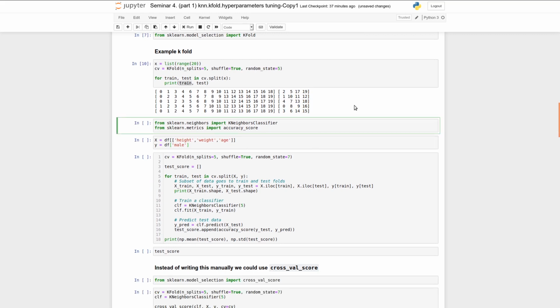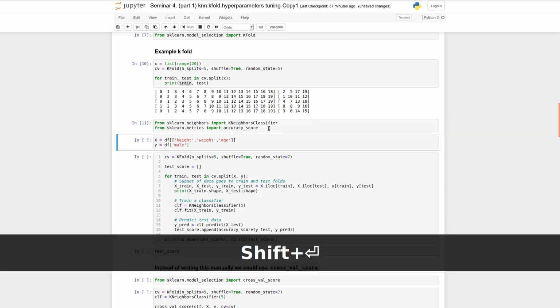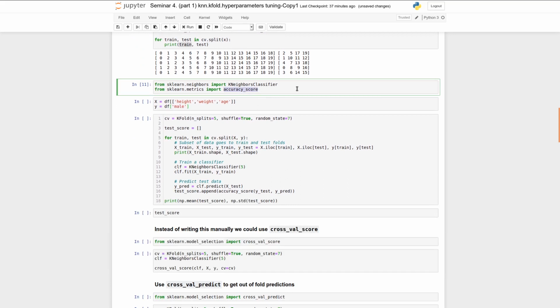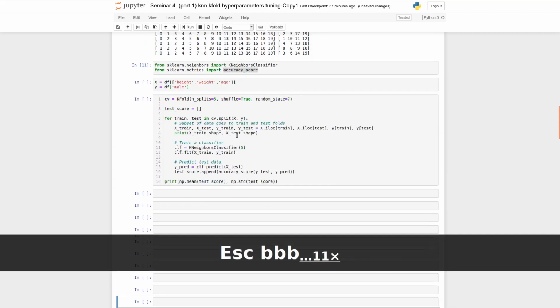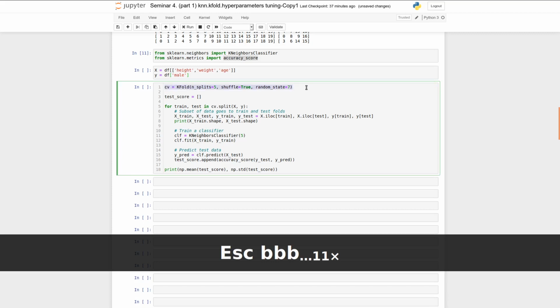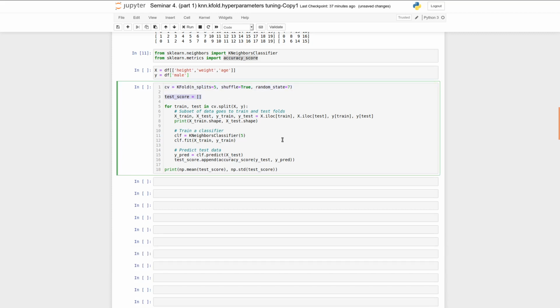Okay, so how could we use this to compute the performance of a nearest neighbors classifier? And we will use an accuracy score as a performance metric. So our features are height, weight, and age of a person. Our target variable is the sex of a person. So what we do, we define a Kfold, then we create a vector to store scores, to store the accuracies on a test